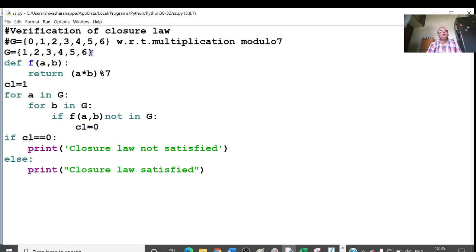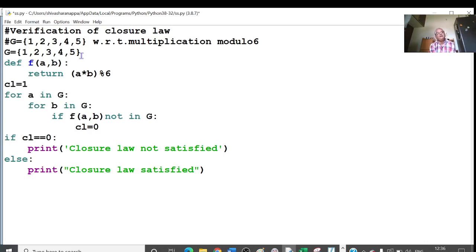Now if I go for this, I will make this up to 5, and if I make this 6, multiplication modulo 6. In this case, what is happening? Is closure satisfied? This 0 is not here. Okay, 1 to 5.